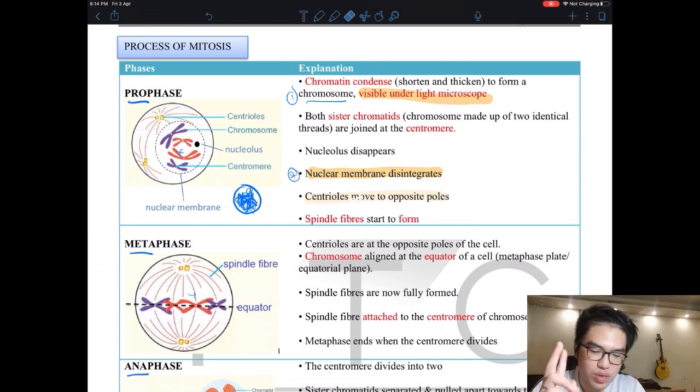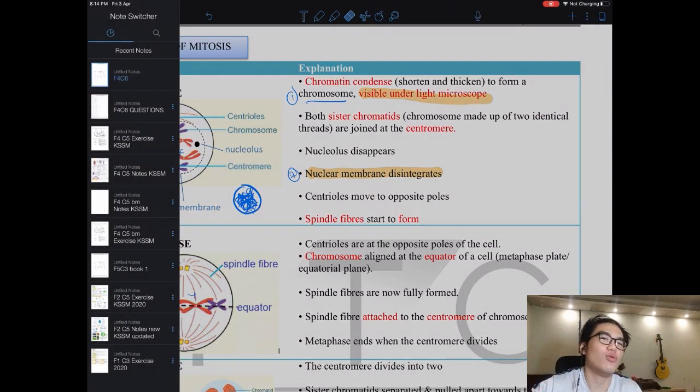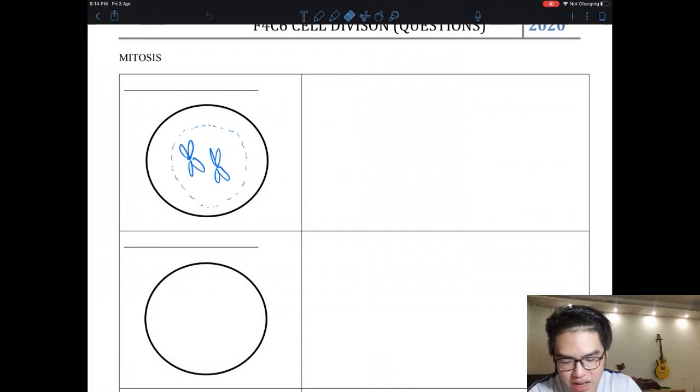Okay, so there are 2 important points here. Chromosome becomes visible, and then nuclear membrane disintegrates. Okay, let's look at the next phase, metaphase. Oh, this is the most common phase. All questions they'll ask about this. Okay,